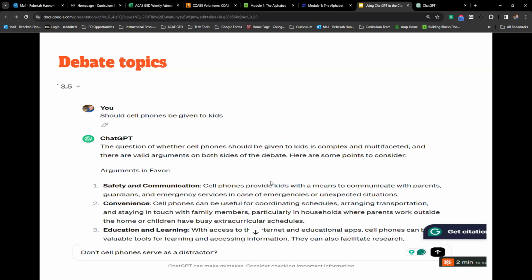And I think it's just neat, even if it's just for fun at the end of class, some of these concepts. When we talk about debating, we know our students are going to see that. Arguments, that's a key word on the GED. So teaching them what arguments in favor are about, arguments against. These are just terms and concepts that they're going to be seeing on these tests. So it's important to show them how those are set up.